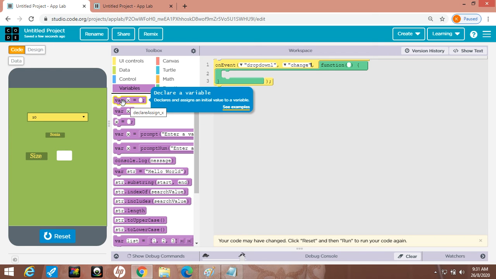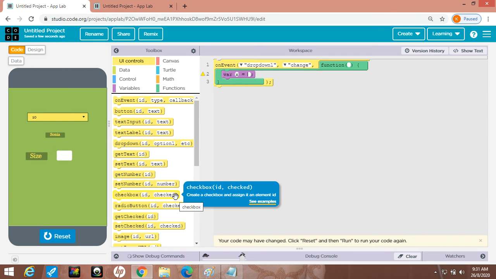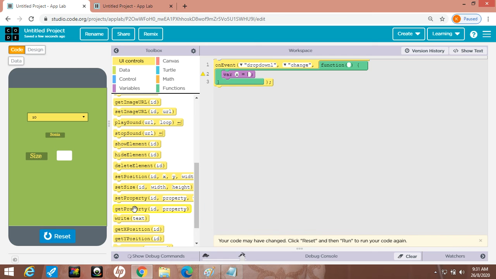In JavaScript you write var for declaring a variable. I am simply dragging and dropping this variable under this event. Okay. Now x is a variable. Now I want to give a value to x. The value will come from this drop down box. For getting the value you use a get property. Which thing do you want? Value.